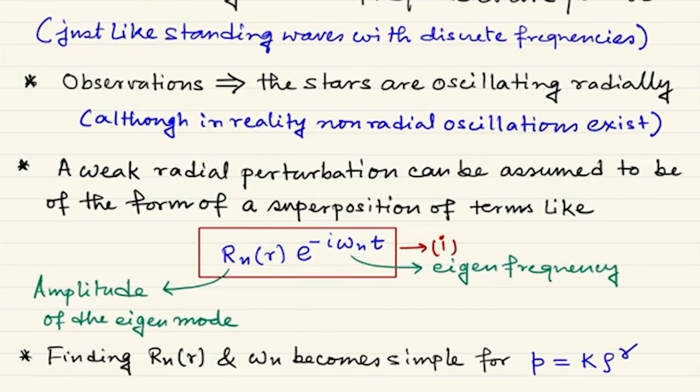And the amplitude of the eigenmode is given by this. Sometimes they are also called normal modes and normal frequencies as well. So all the normal modes are actually uncoupled. Any arbitrary perturbation, which can have some coupled oscillation as well,